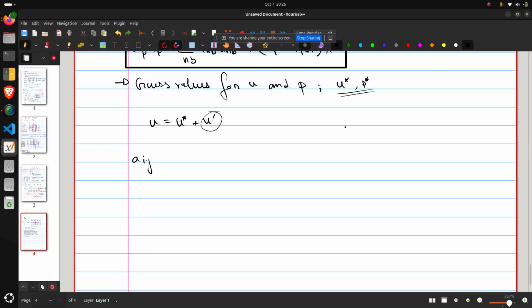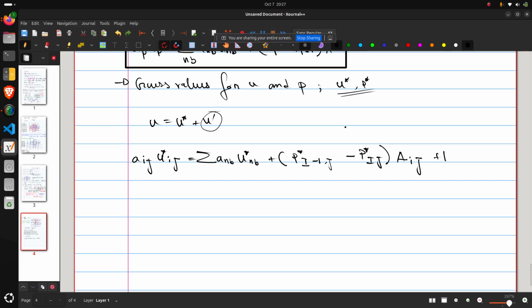a small i capital J, U star small i capital J, equals summation of a nb U star nb plus P star capital I minus 1 J minus P star capital I capital J times A small i capital J plus some b small i capital J. Now since we have these values, what we can write is that we can subtract it from the actual equation, which is nothing but a small i capital J